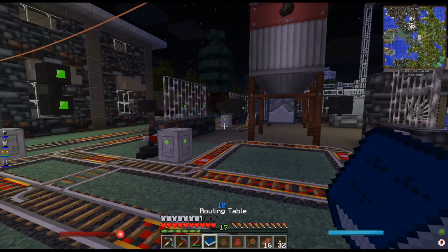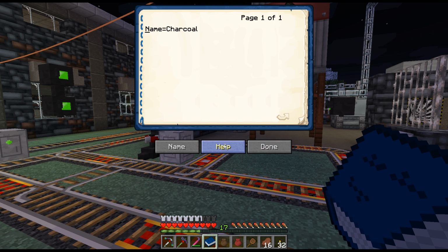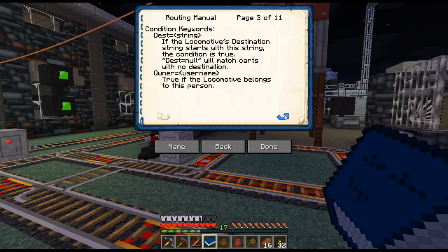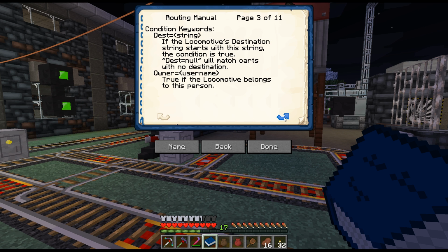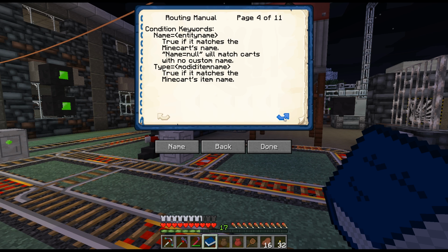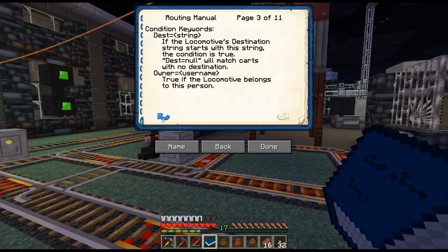Yes. I need to figure out now real quick. This is name charcoal, and how do I add more than one name? It says AND. Those are keyword operators. Name true if it matches the minecart's name. Name will match a type mod item. No. How do I... Maybe can I just add...